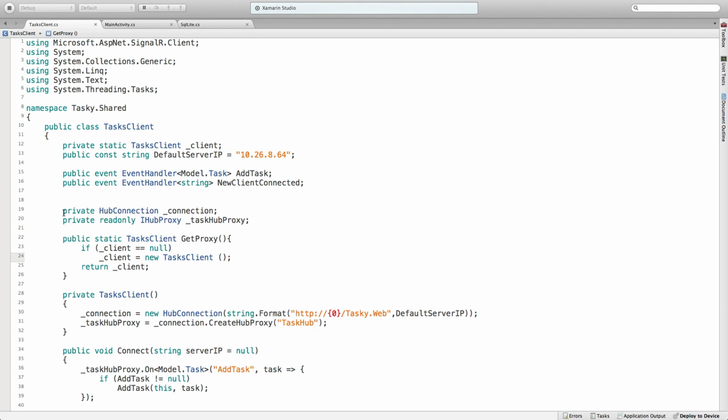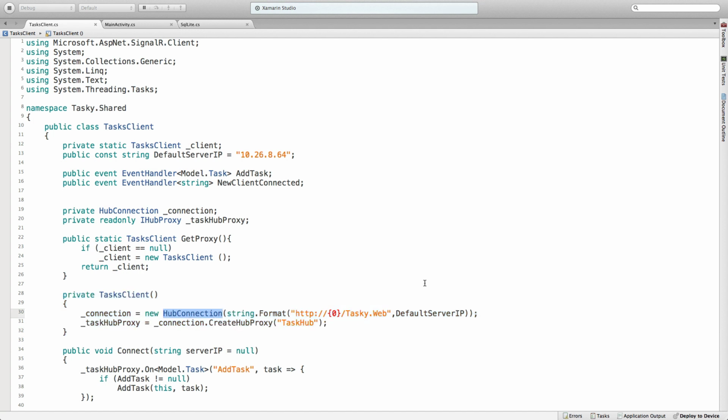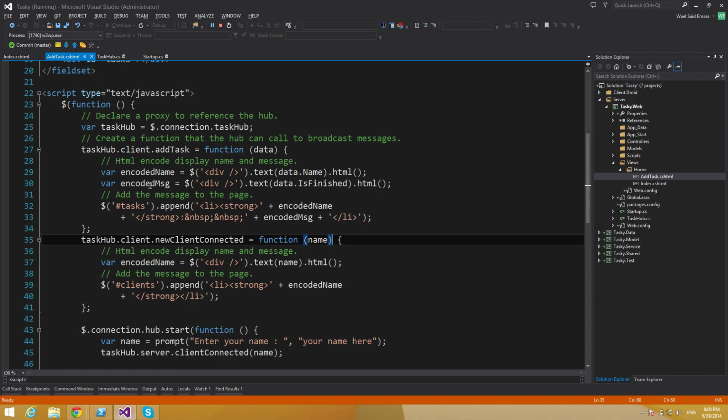So I have two main objects here. I have the connection object, which connects me to the server, and then I have a hub proxy, which is the object that corresponds to my hub on the server. And I'm doing a singleton, so the whole application is using one instance, and then I am instantiating a new instance, giving it the IP or the address of the web server, and using the same connection I'm telling it, all right, this server, go and grab an instance that I can communicate with, with the name task hub, and this must match the name that I have here,